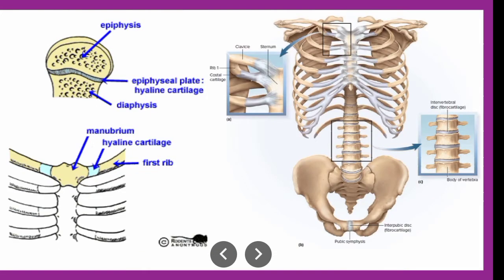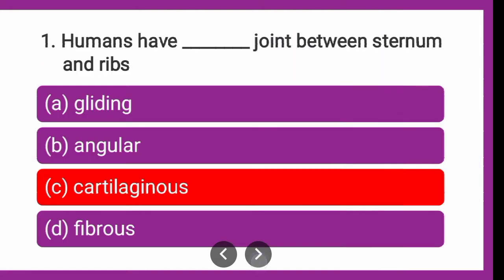So what happens over here in this hyaline cartilage, since the ribs originate, in our earlier video we had a talk about the ribs, the true ribs, false ribs, floating ribs, wherein the true ribs, that is the 7 rib set which originates from the sternum, are joined by the costal cartilage, which is nothing but a patch of hyaline cartilage, or bars of hyaline cartilage. So these are the cartilaginous joints between the sternum and the ribs.